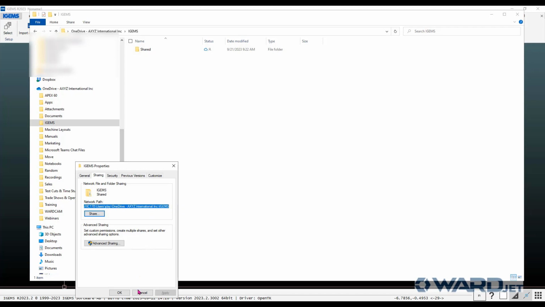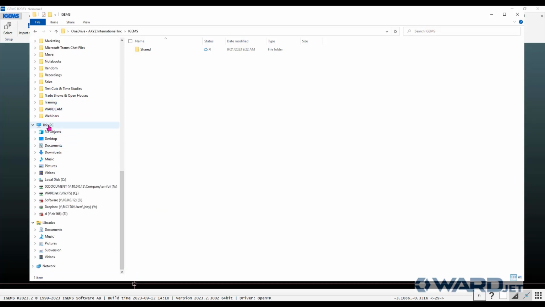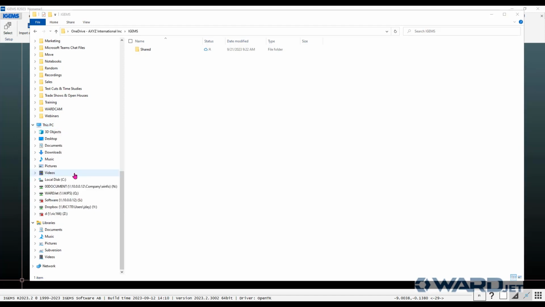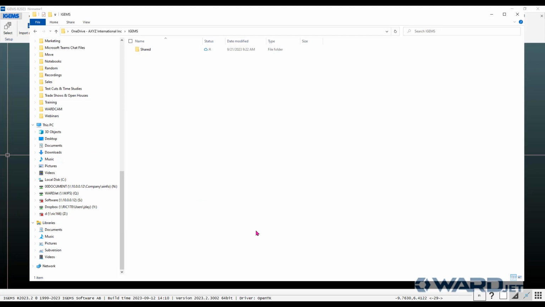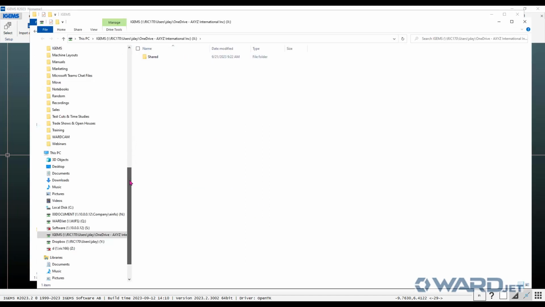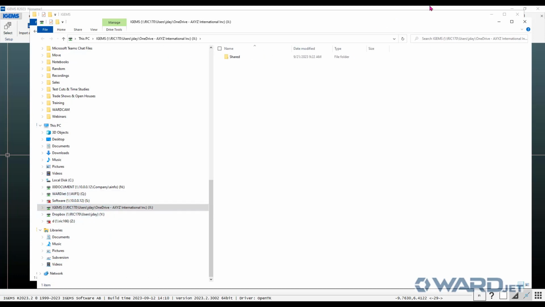Control C to copy, you can just cancel, and scroll down. I can either do this on This PC or the network like I did on the other one, but if I right click on This PC, same idea, Map network drive, choose a letter, Control V to paste it in there, finish. And now that that's in my list here, I can go back to